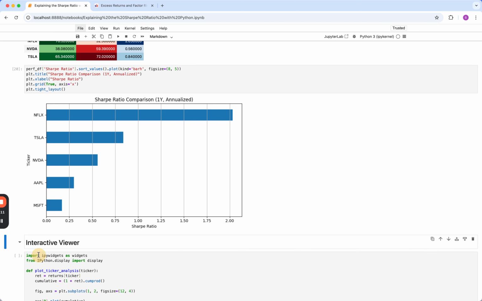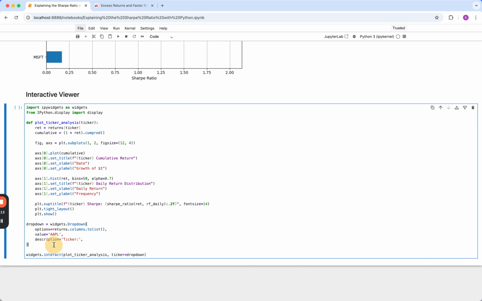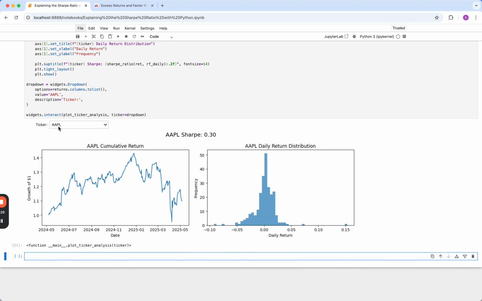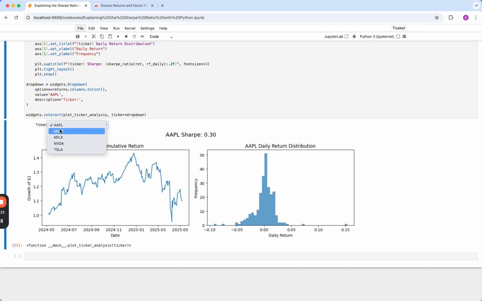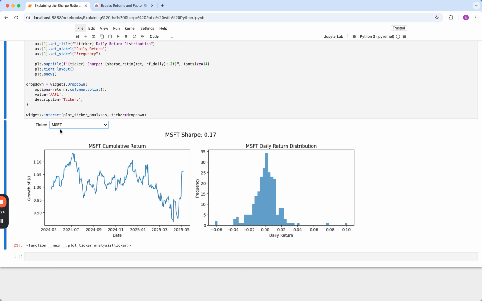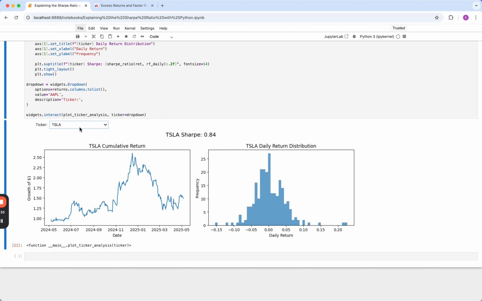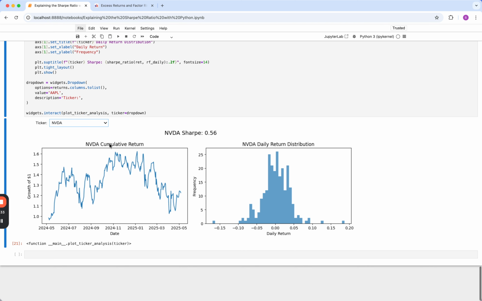Now the last thing I'll show you here, while I have you, is this cool interactive viewer. So without getting too much into the code here, when you're running a Jupyter notebook, you can actually add interactivity. So here I've just made a little drop down where you can check out the Sharpe ratio and the cumulative return and the daily returns distribution of the different assets over the time period, and play around with it,